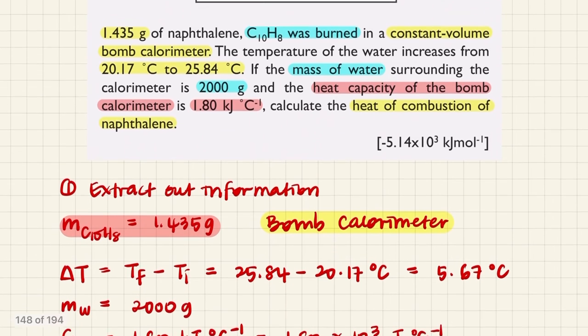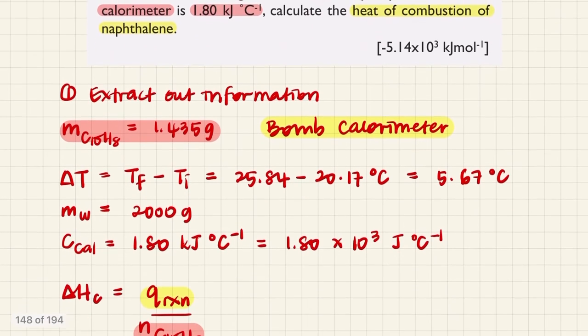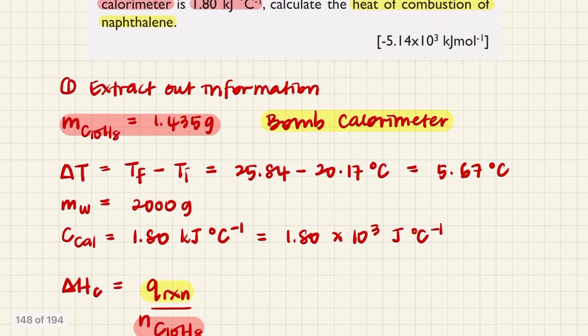Okay, extract out your information. Once you have all the information, make sure to find delta T, your mass of water, your C cal. I changed this to joule per degree Celsius instead of just kilojoule, supaya senang saya nak buat calculation later, dia tally. And then you need to know the